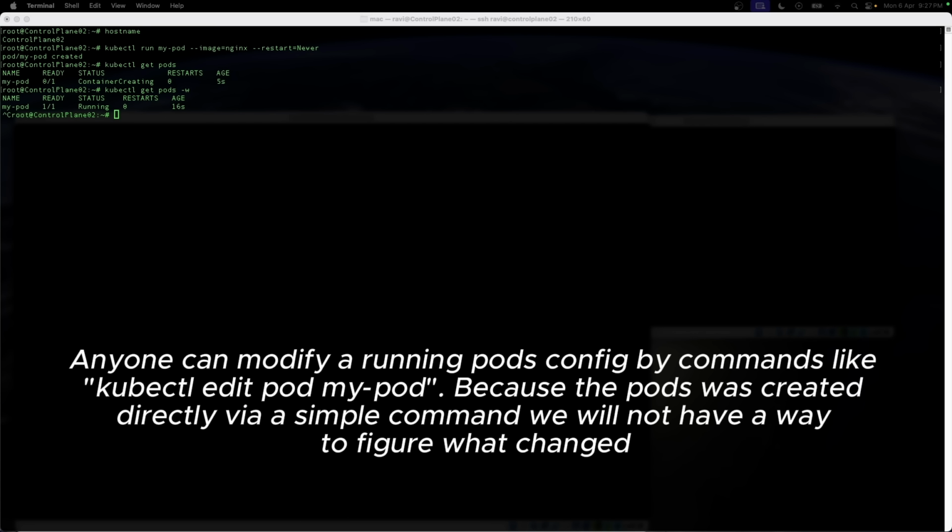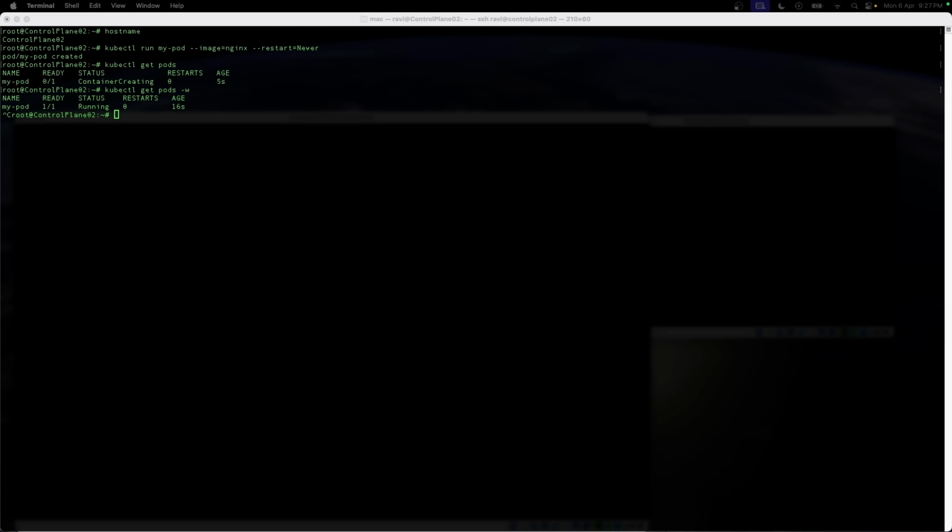There is no authoritative definition of this pod. Kubernetes has state, but humans have nothing to reference. Now imagine tomorrow your pod dies or you delete it. Can you create the pod exactly as it was before? Be honest. Would you remember the exact command? Let that sink in. You might remember the image, but the port, the flags, the versions, no.